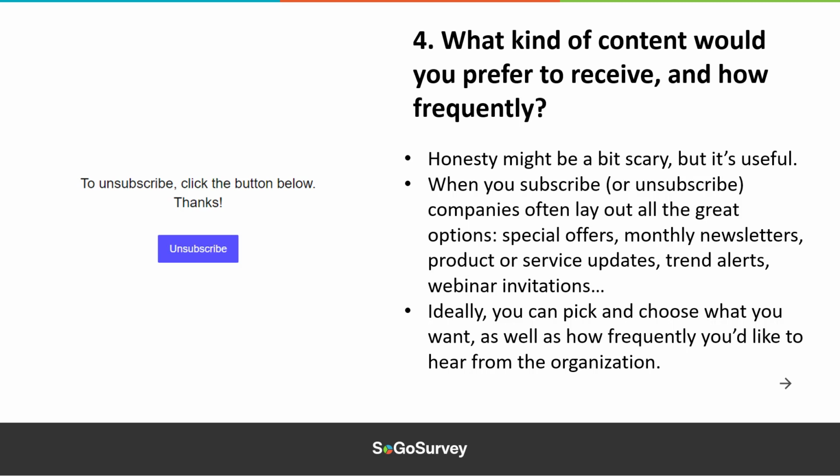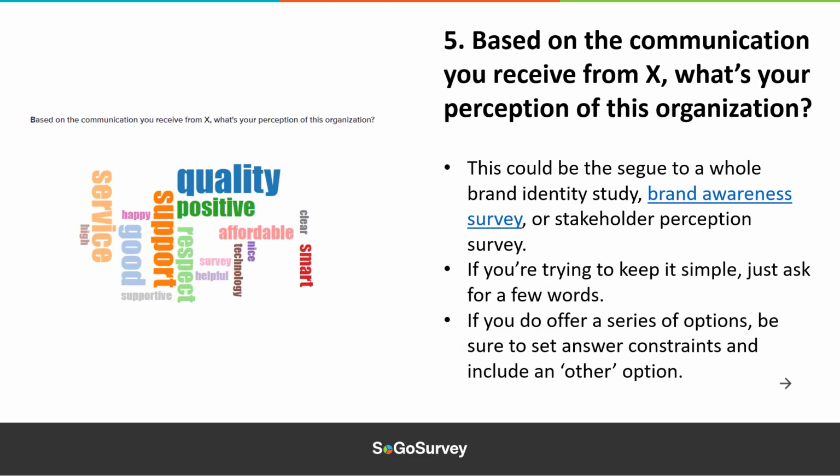So as a consumer, we know that we like this control, that we can pick and choose the kinds of things that we'd like to hear about. Think about alerts, invitations, those kinds of things that are important to you. You want to find out right away. But there's some other things, maybe you're not interested in special offers, for example. So ideally, you're giving your audience the opportunity to pick and choose.